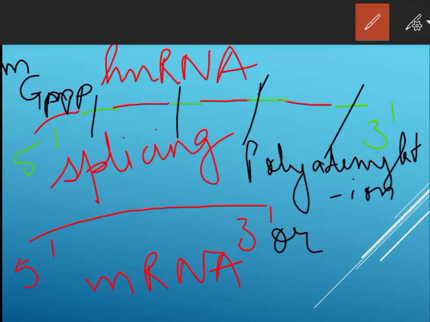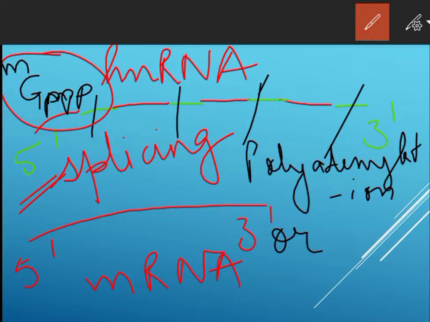So children, I hope this is clear. Capping takes place, as I have explained. In capping, methyl guanosine triphosphate, an unusual nucleotide, is added to the 5' end of hnRNA, and the tailing process also takes place.